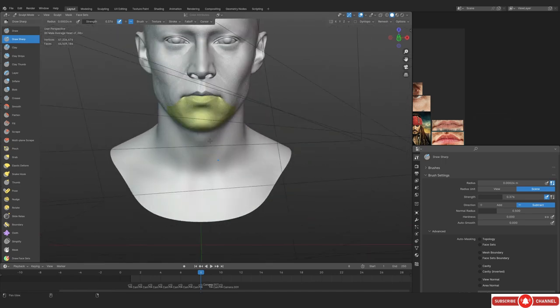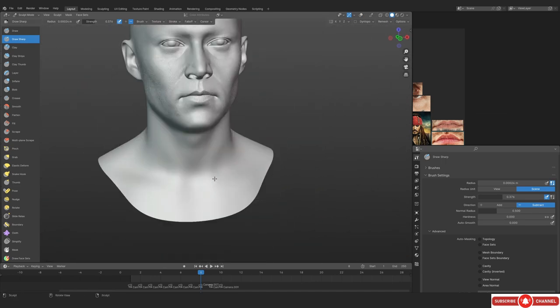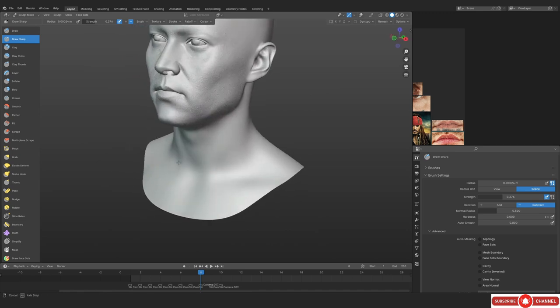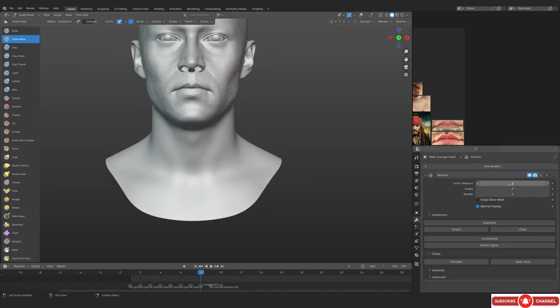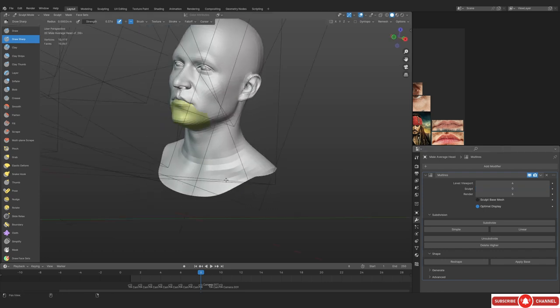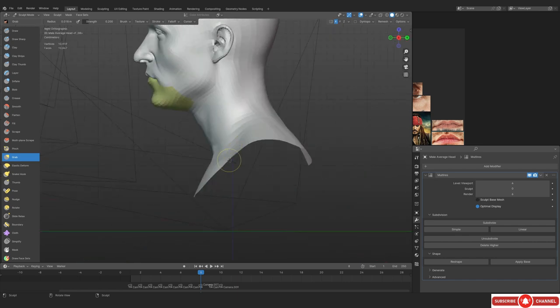So first things first, let's just push it down a little bit. And as I've told you, it is going to be different from what we've been creating, even though we are going to be doing a whole lot of lines as well. But the neck, we can create pretty quickly actually, so you're gonna see that. But first things first, we're gonna have to extend the chest area. So I'm just gonna be doing that.